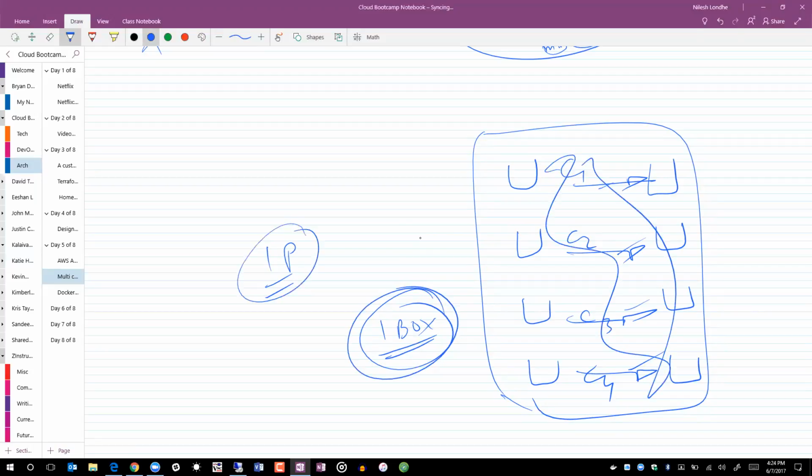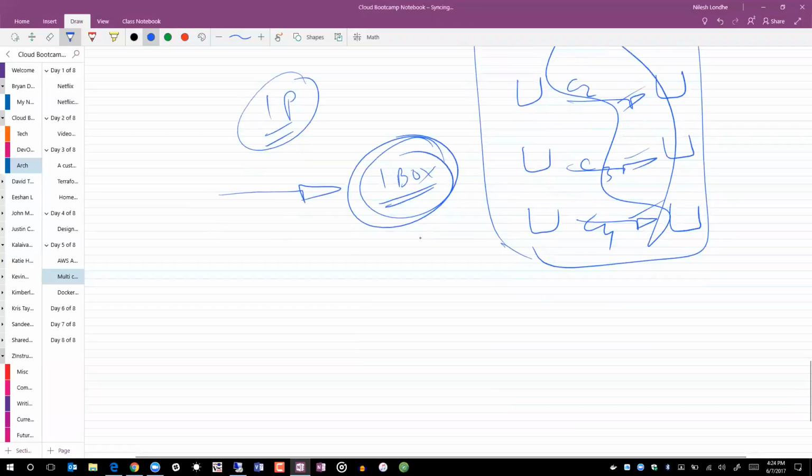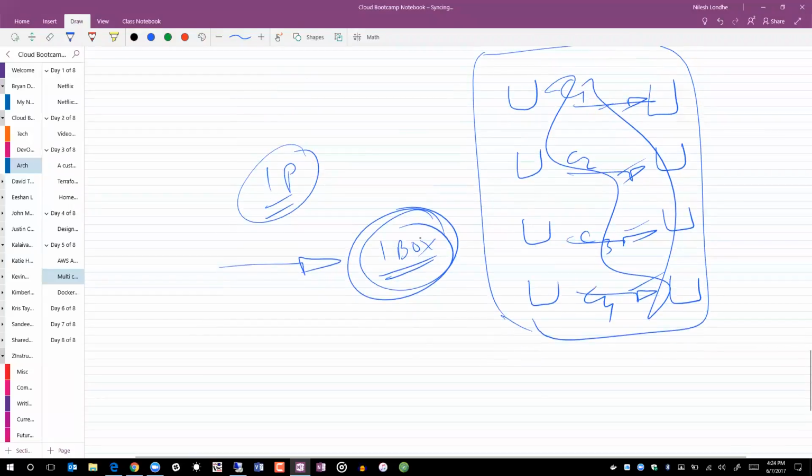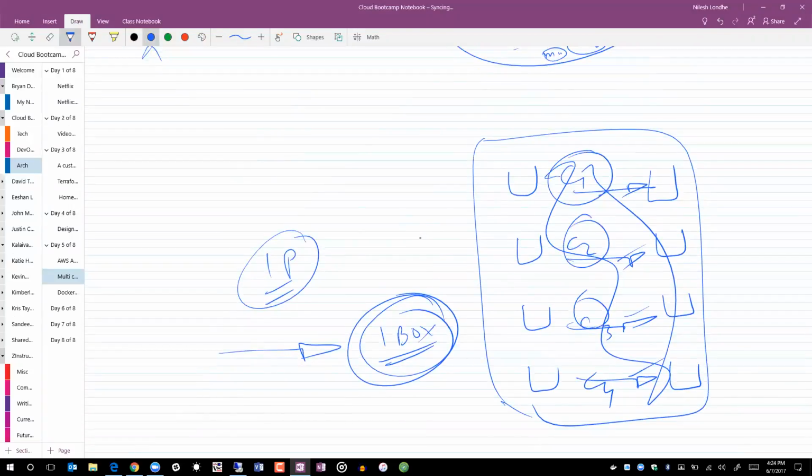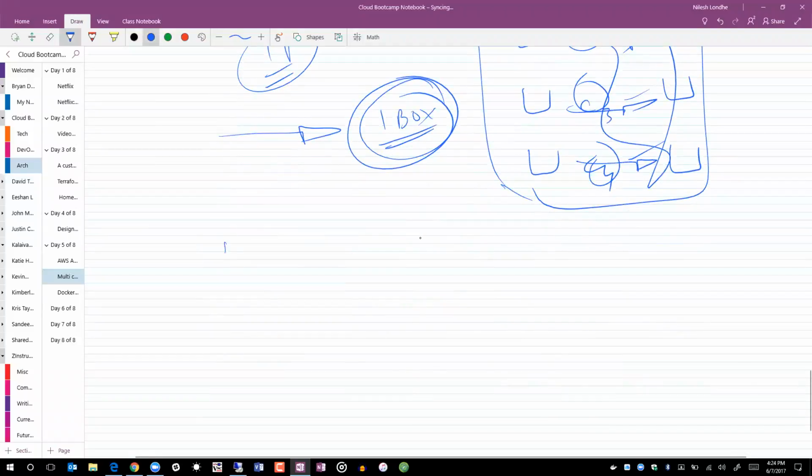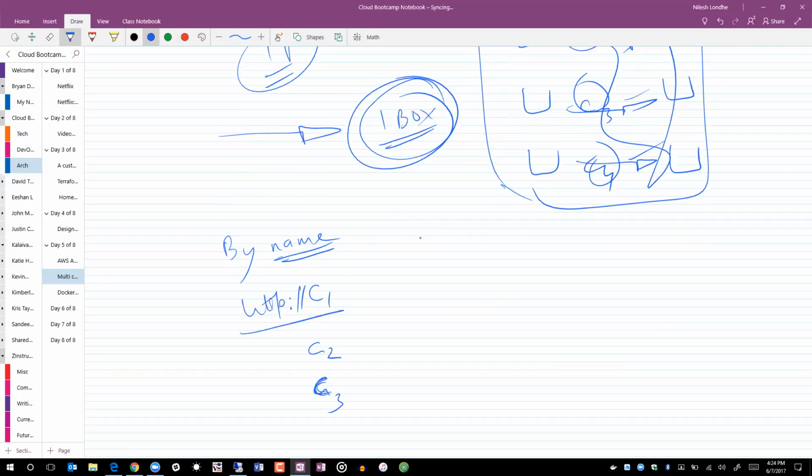And I want to access this box by each of these applications running in C1, C2, C3, C4 individually by name. I want to call them by name. Hey, your name is C1, your name is C2, C3, like that. So I would like to visit them by http://c1 or http://c2, like that. And by C1, I can have a fully expanded DNS name, such as